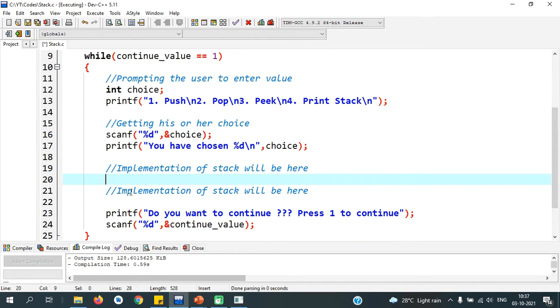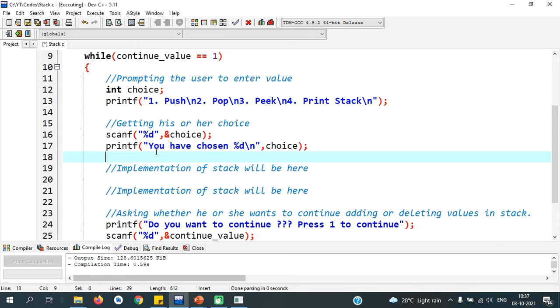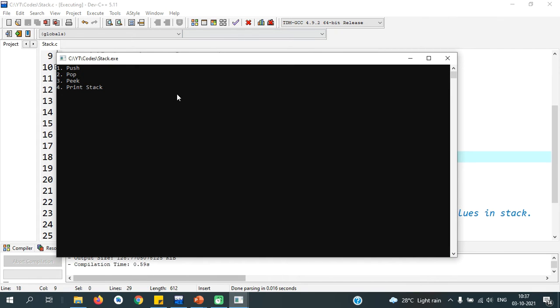We will write a number of codes here. So after seeing these comments, we will understand. So now it is clear.